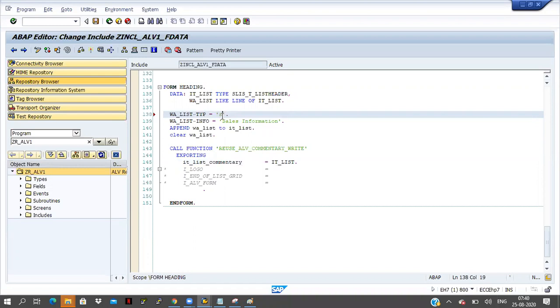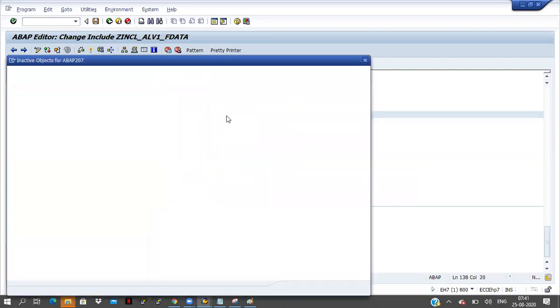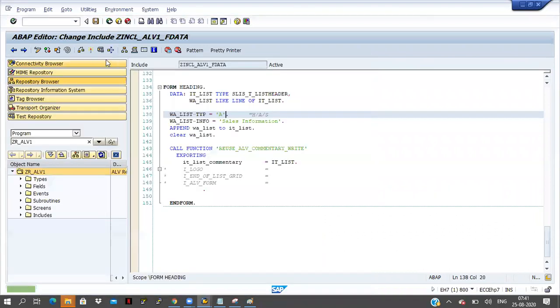I will pass A here. You can pass only three letters: H or A or S. In these three letters you can pass anything, only three letters you can pass here. Now I am activating it and executing this one.